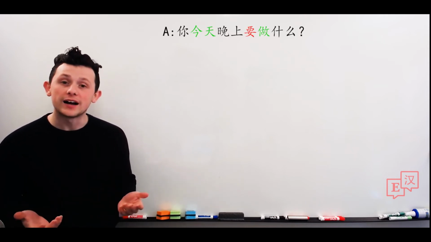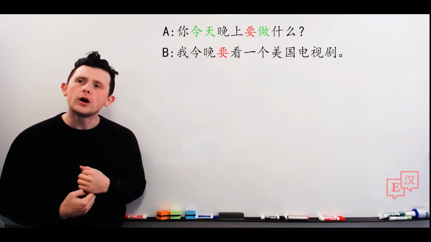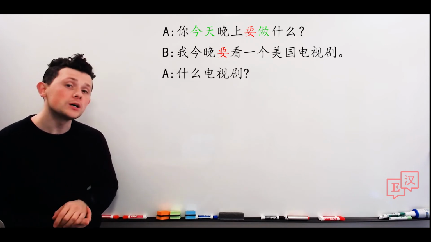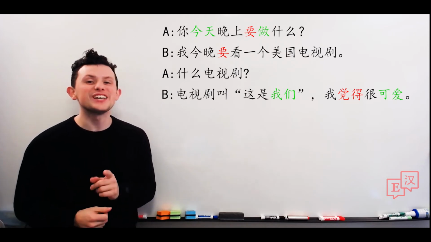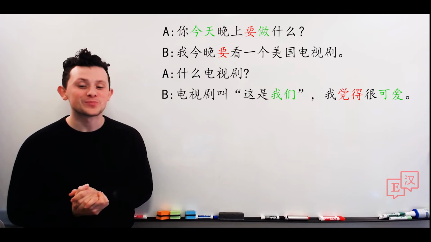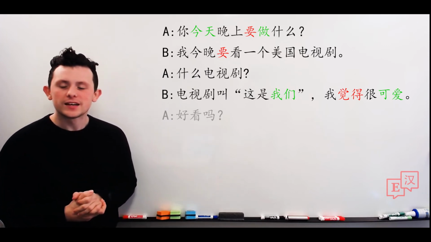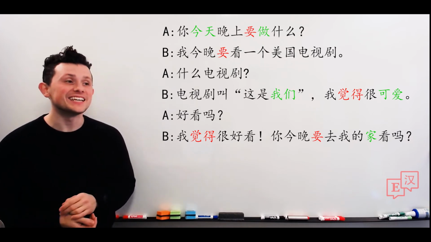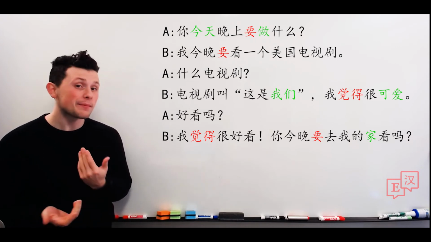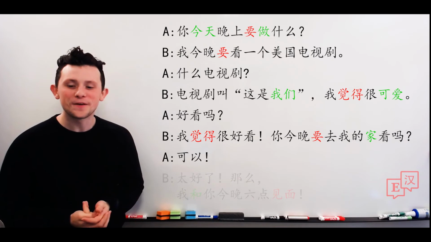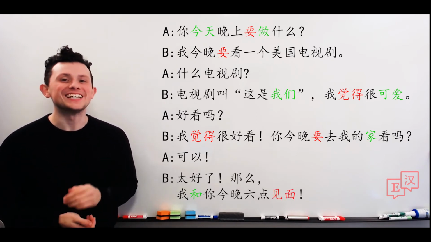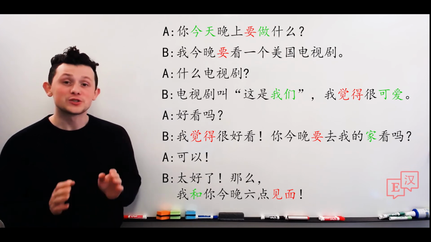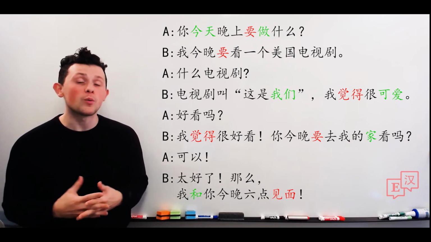你今天晚上要做什么？我今晚要看一个美国电视剧。哈，什么电视剧？啊，电视剧叫《这是我们》，我觉得很可爱。哈，好看吗？我觉得很好看。你今晚要去我的家看吗？可以。嘿，太好了。那么我和你今晚6点见面。